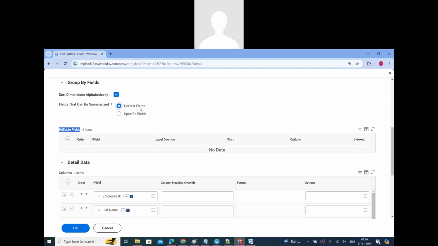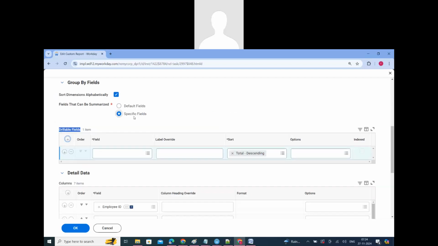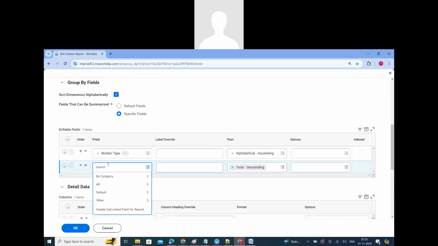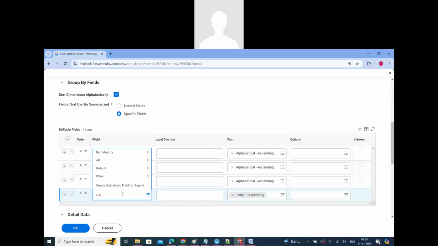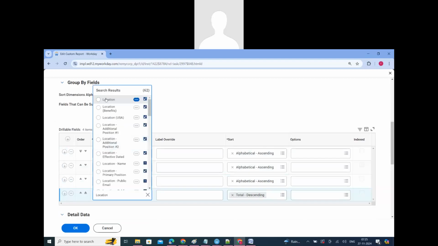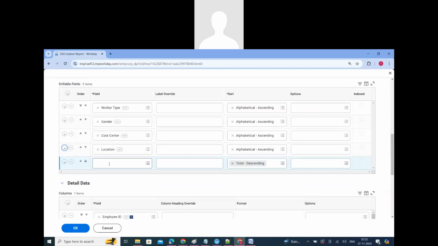See, as of now it's coming default, right? If you click on the plus button, it will change from default to specific. Correct or not? Yeah. So my business would like to see worker type view by option, gender wise view by option, cost center wise view by option, location wise view by option, job profile wise,